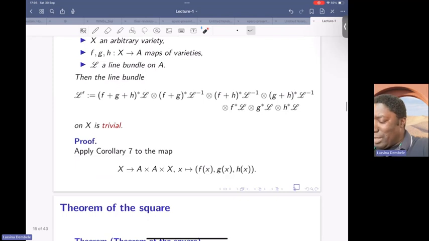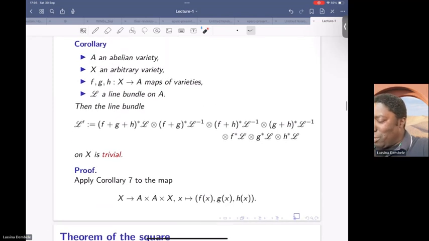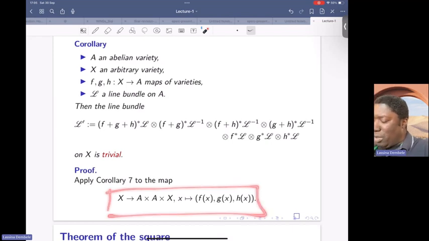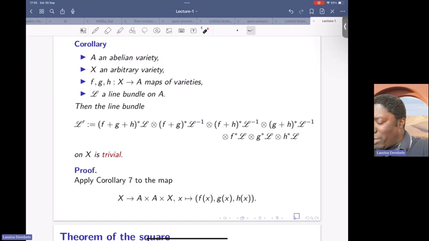And the proof here is again very simple. All you do here is apply the corollary that we just proved to this map here. So you consider the map which goes from X to the,